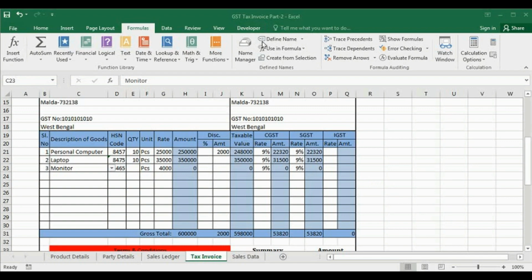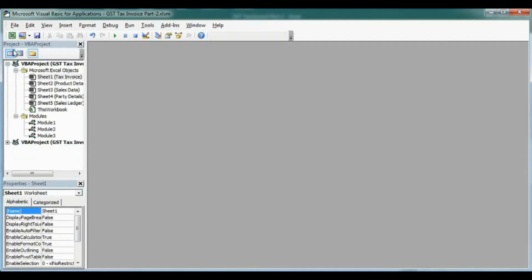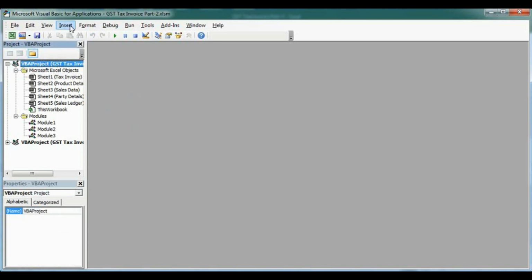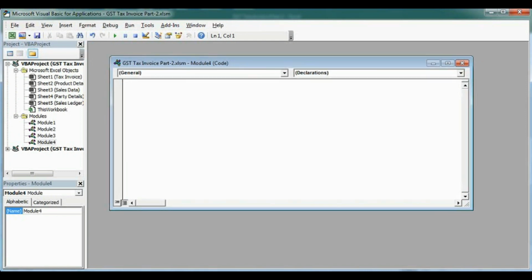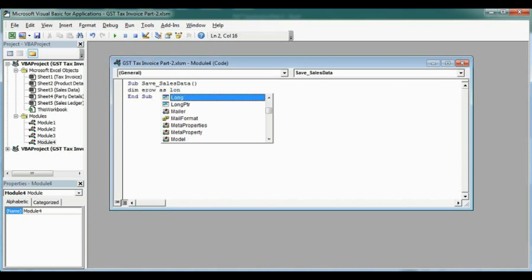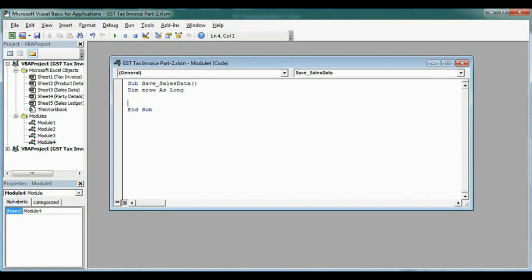So go to the Developer tab, then Visual Basic. Here we will insert a module. Insert module. Here type Sub SaveSalesData, then End Sub. Now first we have to create a variable, that is Dim eRow As Long, and set this eRow equal to